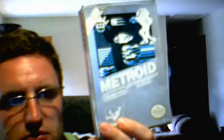The last Nintendo box I got was for Metroid, and again, this is in bad shape. It's really sun faded and really worn out, but it's got the foam. For the time being, I can put my game in there because I don't have a box, until I find a nice box. The two of them that really make this deal, the $8 total for the boxes, a decent price, were